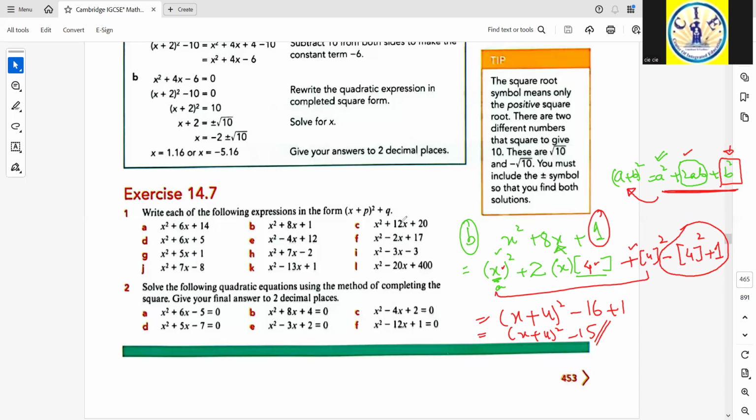We have converted it in the required form, showing that the value of P is 4 and the value of Q is negative 15. Okay, that was one of the methods to understand it. There is another method to think of it the other way around. That method is